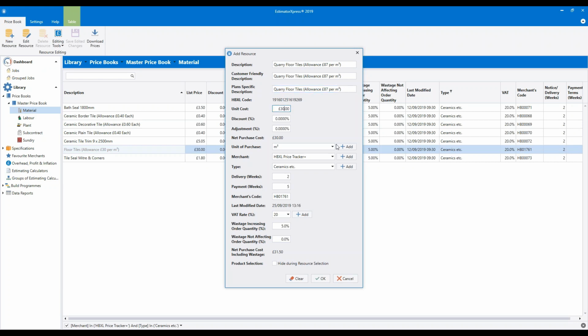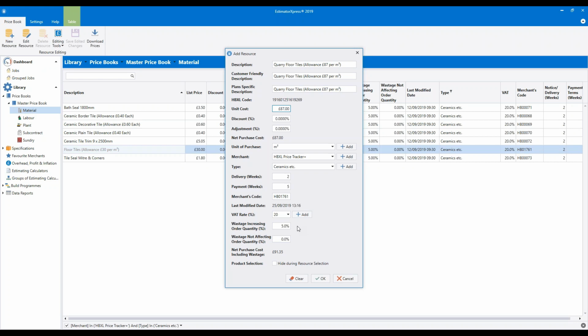So then we need to update the unit cost. So as we've indicated above, that's £87. The unit of purchase is set to square meters, so that's correct. So just work your way down the fields. Use the HP Excel Price Tracker Plus merchant, or add in your own merchant if you want to. The type is correct. Check your delivery and payment lead times, VAT rate, and then again we need to think about wastage.